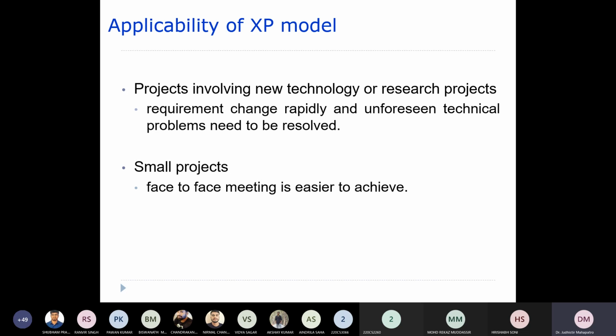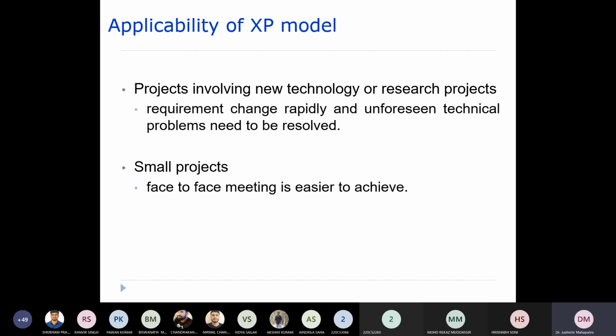So what are the applications of this extreme programming model, or where can you apply this extreme programming model? Wherever the projects involve new technology or research projects, usually the requirements change very rapidly.